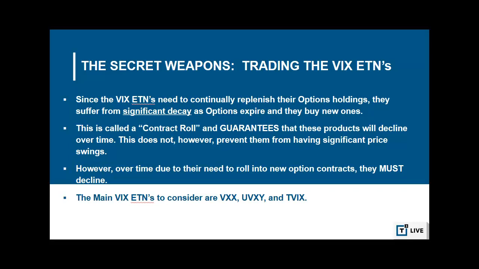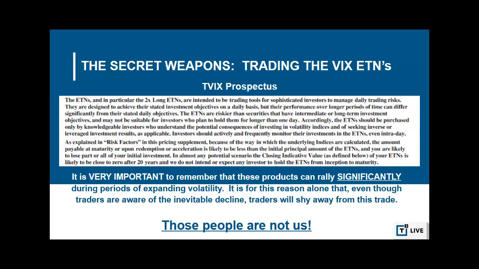They have to. So the main VIX ETNs to consider are VXX, UVXY, and TVIX. These are the decliners. We can also trade SVXY and XIV on the upside, but these are the perpetual decliners. But don't take my word for it. Let's look at the TVIX prospectus itself. You can read this entire thing about the risk,